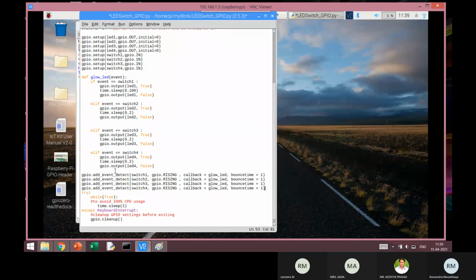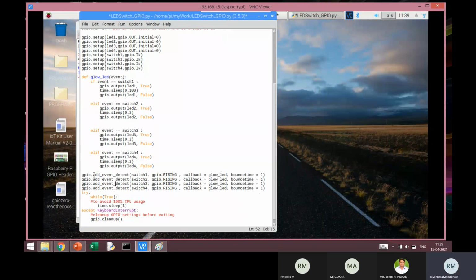For example, I think it's very easy to understand this in terms of the name of the function. GPIO dot, remember GPIO is the module name that we have imported. Now add_event_detect is actually a function which is available inside this GPIO module.